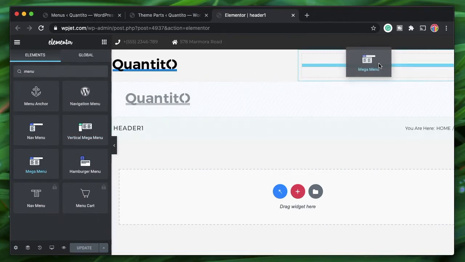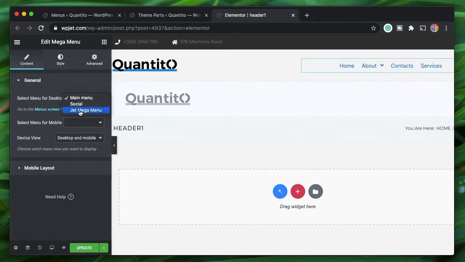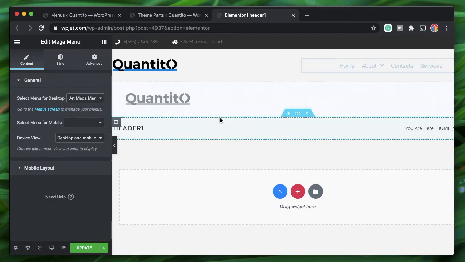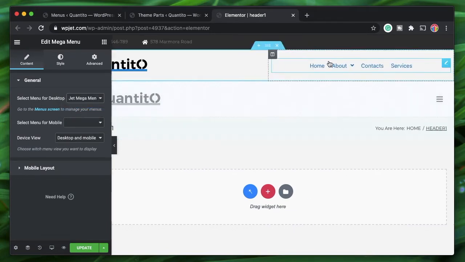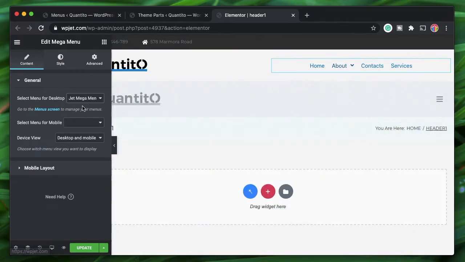We just need this mega menu, which is a horizontal layout, and you can pick the menu for desktop. So on desktop devices, on typical width, you'd show this Jet mega menu, and you can see the preview is not really clear, but you can see it in action. This is basically picking the menu that you've created on the WordPress site.